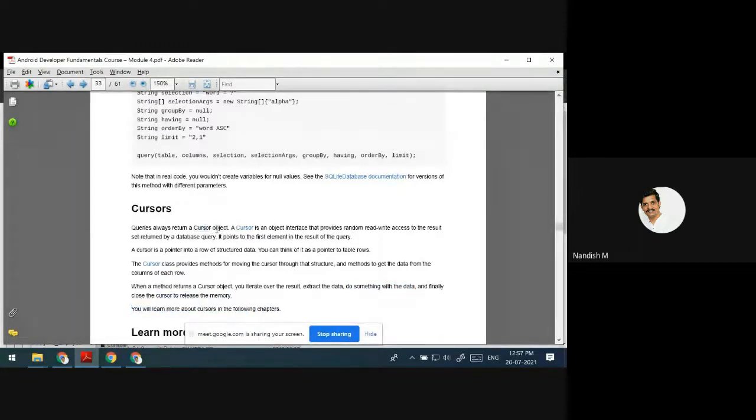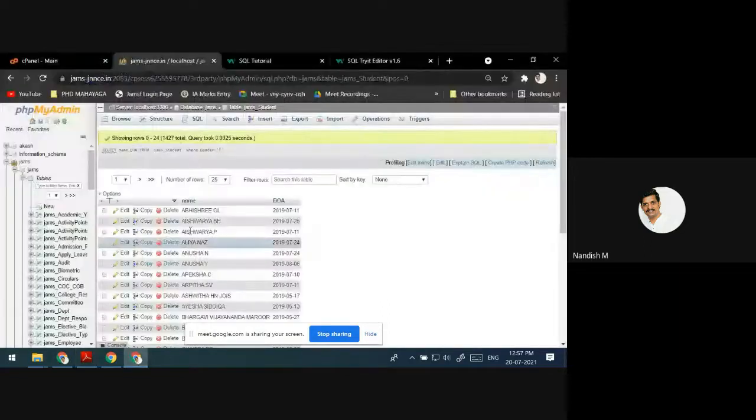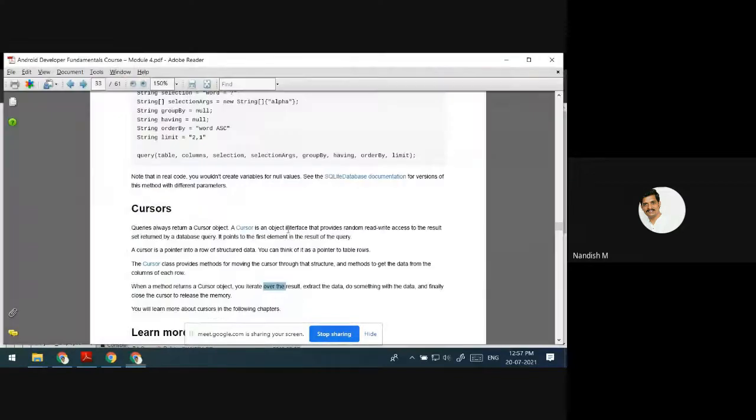This cursor is an object. For what purpose do we use it? We use the cursor to iterate through the result. Which is the result? This is the result. If I run this query, this will be the result. For 1500 students I have to iterate that many times, and I am going to get these names and DOA with the help of this cursor object.